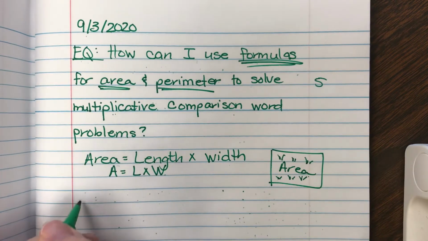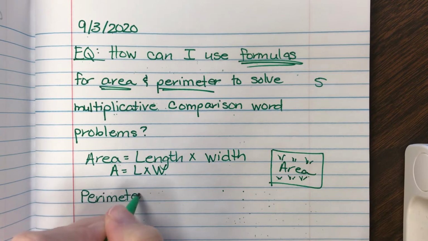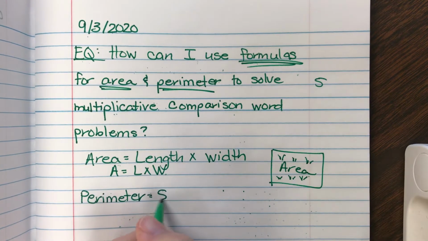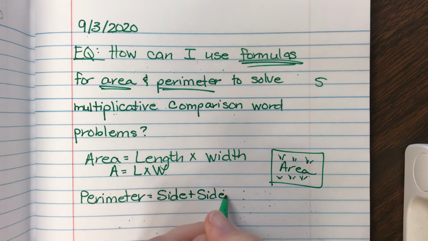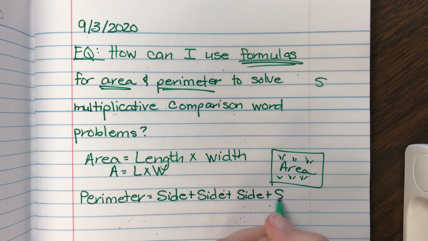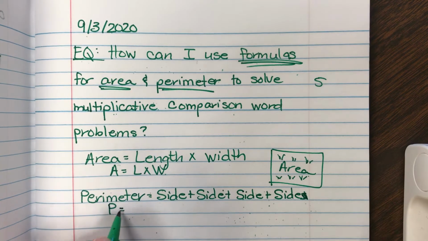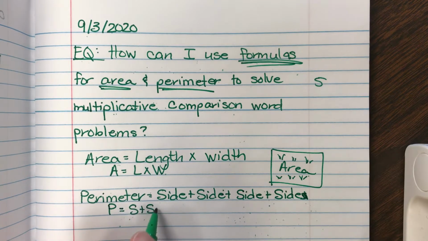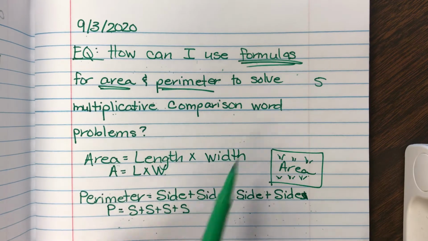And then perimeter. Right now we've been working with rectangles, but sometimes you might have a shape that only has 3 sides, or it might have more than 4 sides. So it's however many sides it has, and we shorten this to P equals S plus S plus S plus S. Good. So we're going to use these formulas for area and perimeter to solve